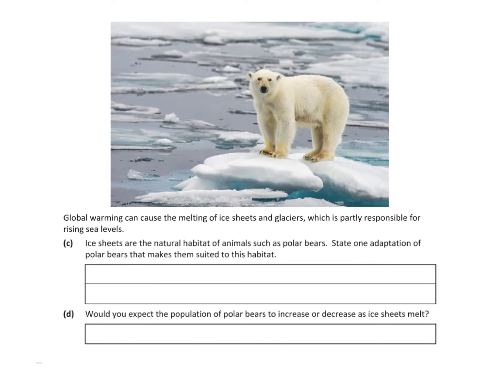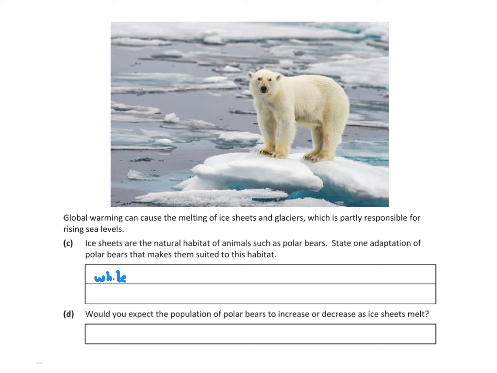So an exam question based off of adaptations. It says here that global warming can cause the melting of ice sheets and glaciers, which is partly responsible for rising sea levels. Ice sheets are the natural habitat of animals such as polar bears. So state one adaptation of polar bears that make them suited to this environment. So again, we have a couple of different examples here that we can use. So one of them is they're white